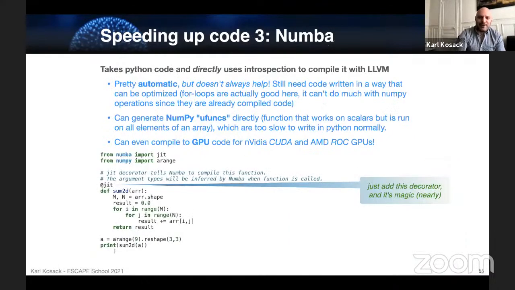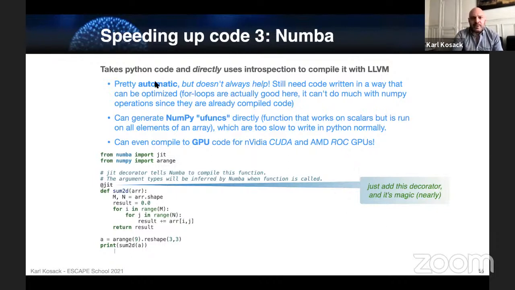However, if you can't remove the for loops, or even if you can, there is another fallback, and that's Numba. I think this was mentioned already in the earlier sessions this week.